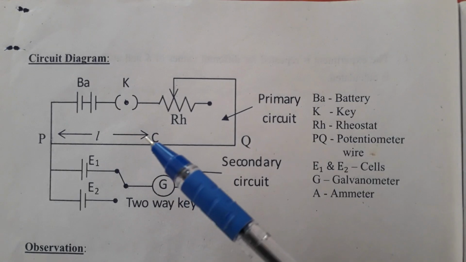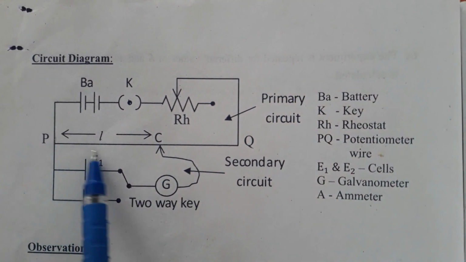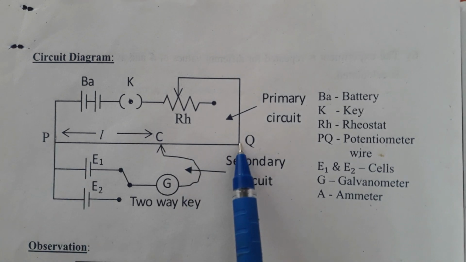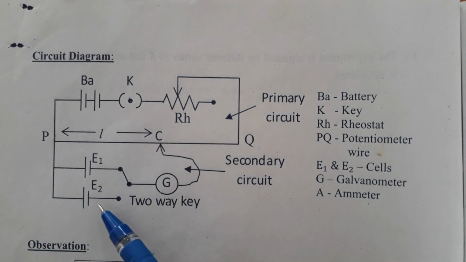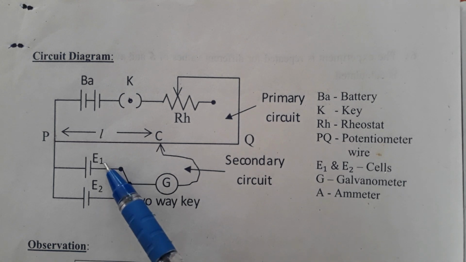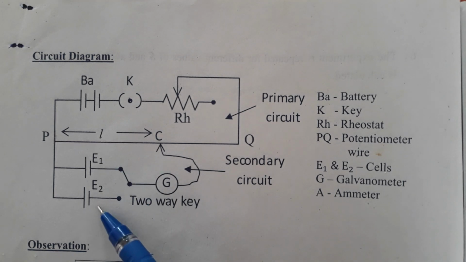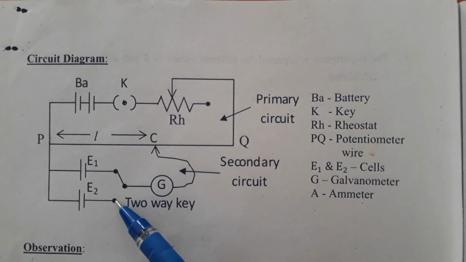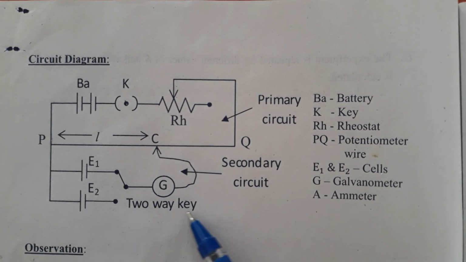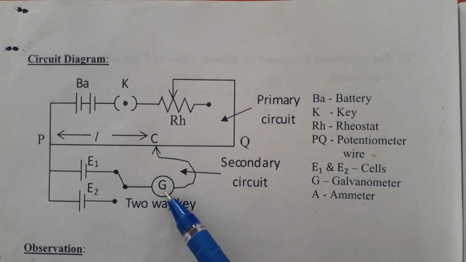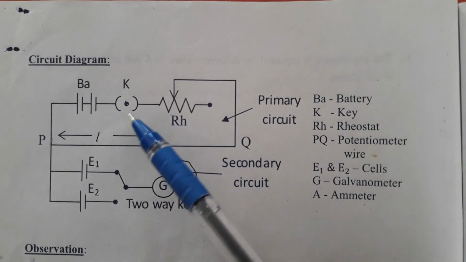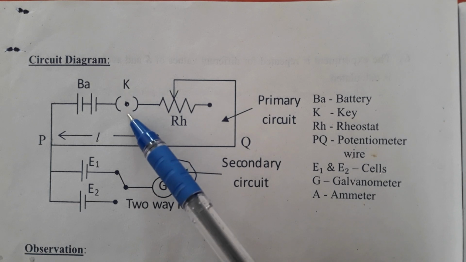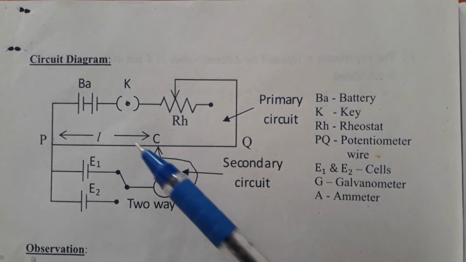Next, we are going to know about the circuit diagram. This is the circuit diagram: battery. This line represents the potentiometer. First point P, next point Q. After that, E1 and E2 are the two cells. E1 is taken as the Leclanche cell and E2 is taken as the Daniell cell. Okay. Next, these three dots represent the two-way plug key. Next, galvanometer, rheostat. After that, another plug key. This plug key is not necessary to take. Okay. So this is the circuit diagram.